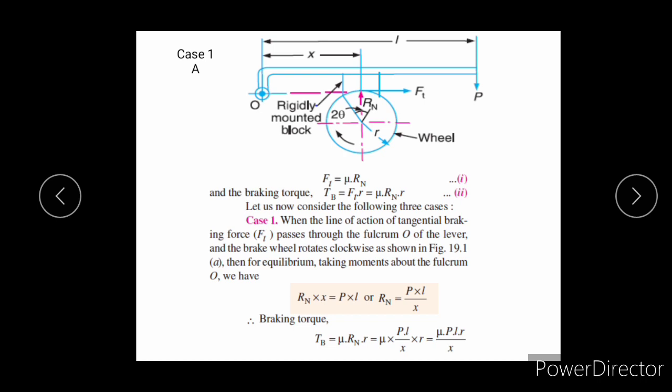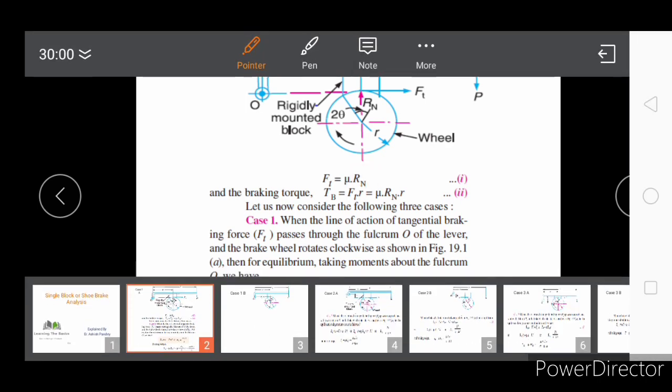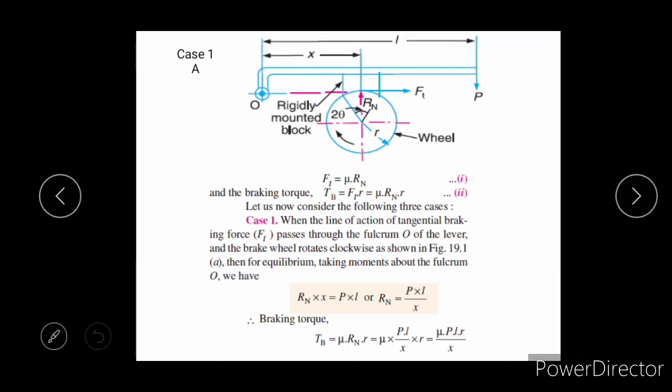So here sigma Fx and sigma Fy equal to 0 will make the system more difficult, as we don't know the reaction at point O. So what will we do? For our convenience, we will take moment about point O at the equilibrium condition of this system. So sigma MO must be equal to 0. For that purpose, let us see how you are taking the moment. So this is the point O about which we have to take moments.